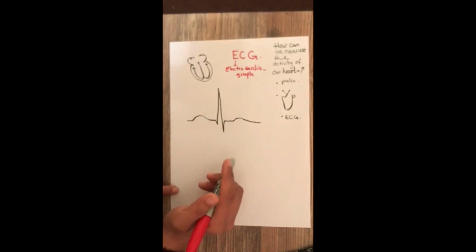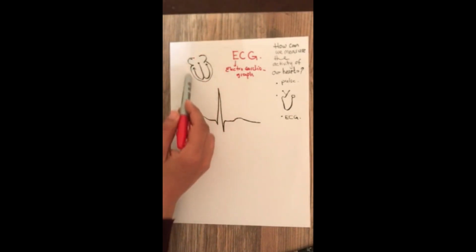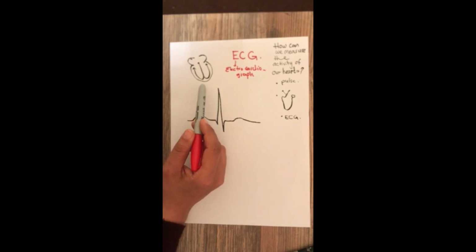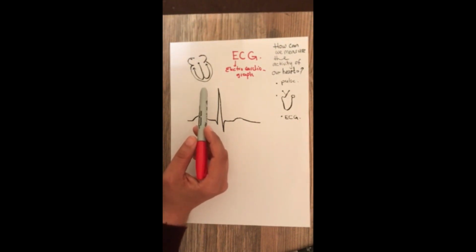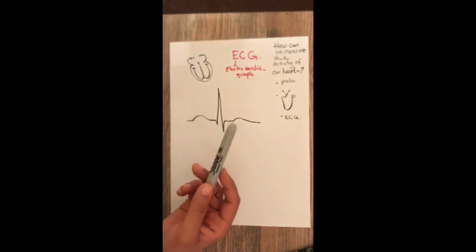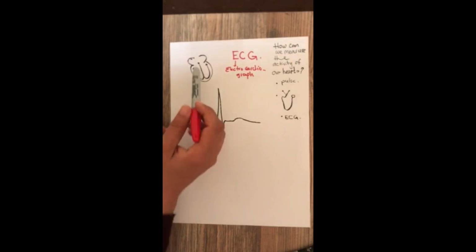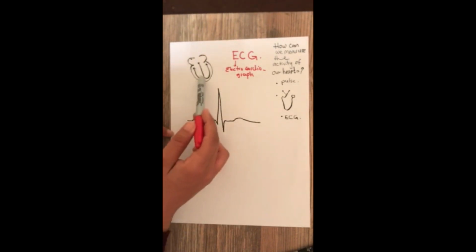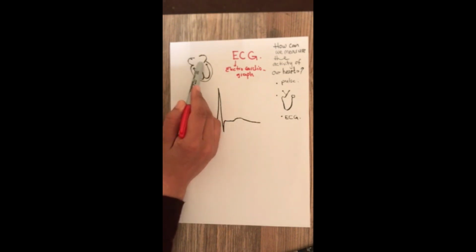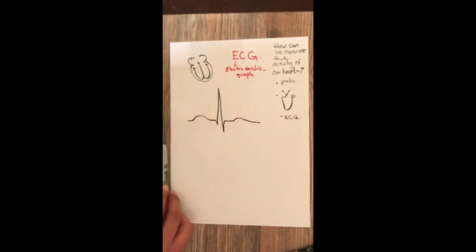Let's simplify these things. In our heart, we have a specialized nervous structure producing electrical activity that causes our heart to start pumping. We said that the function of our heart is to pump blood, but how can our blood move from our heart to other parts if there is no generator? So the generator is a specialized nervous system, which consists of nodes and conducts the electrical activity through the heart, from the